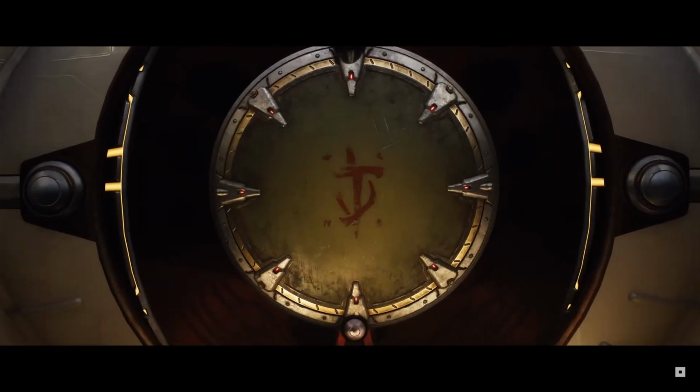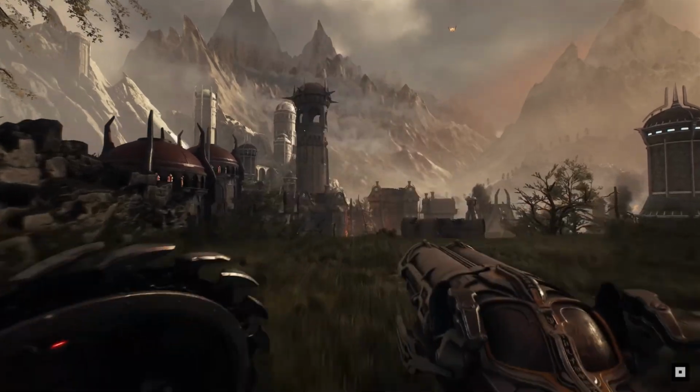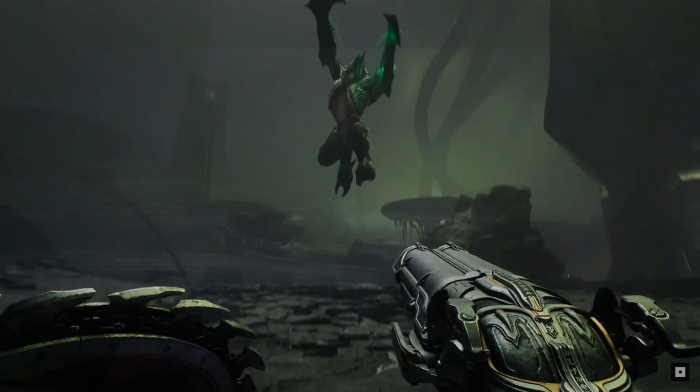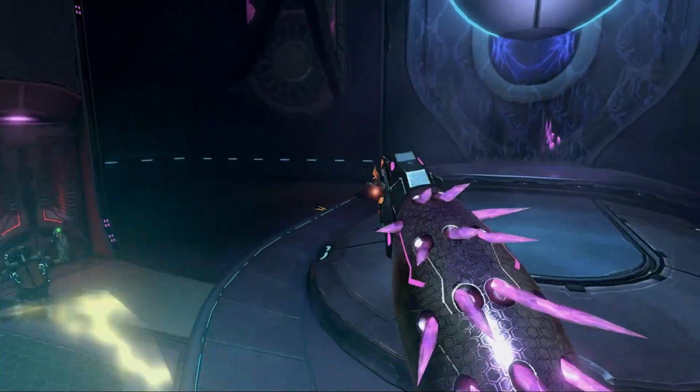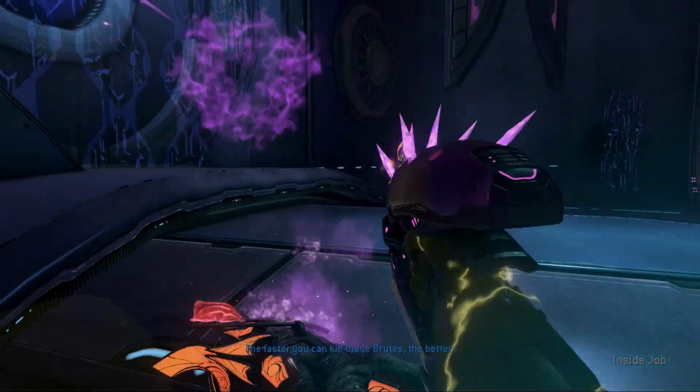Doom The Dark Ages came out recently, and I cannot play it. Now you might be wondering what could be the reason for it, and the reason is ray tracing. I feel ray tracing has more cons than pros as of today. It is absolutely limited and is available only to those who have a ray tracing supported graphics card, but that's